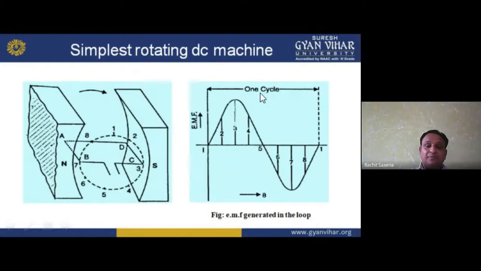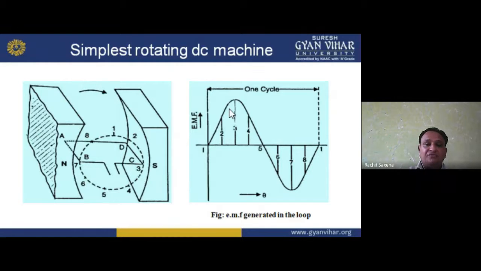Now see here. If it is moving parallel, no current will be there, but at 2, some flux will be cut. 3 is the perpendicular position, so it is maximum. 3, 4, again we have the remaining. At 5 we have parallel, so no EMF. Then at position 6 it is some value, but at 7 maximum, then 8 minimum, then at 1 again 0. So it rotates like this and cuts like this. I hope you understand with respect to this diagram.